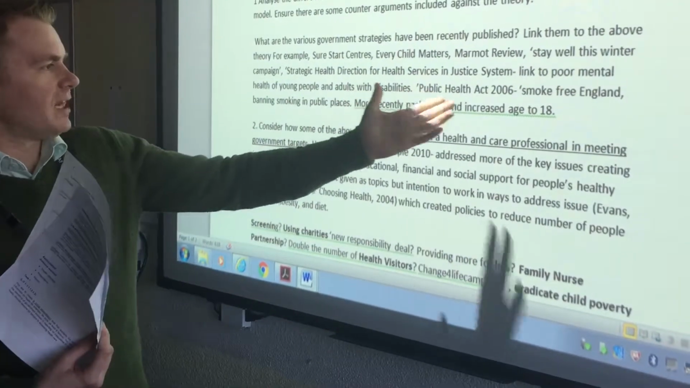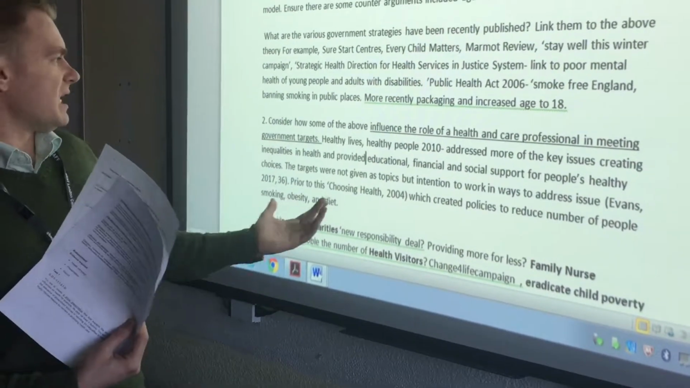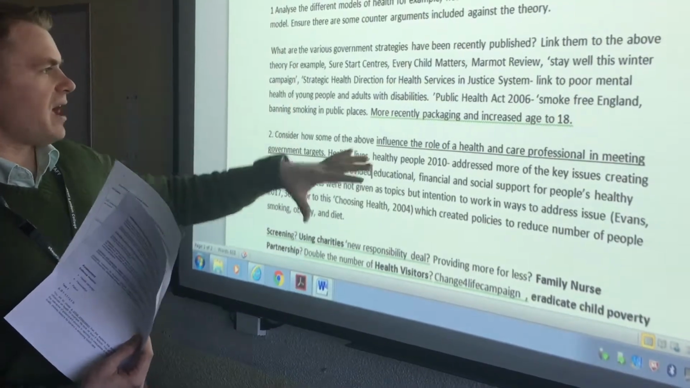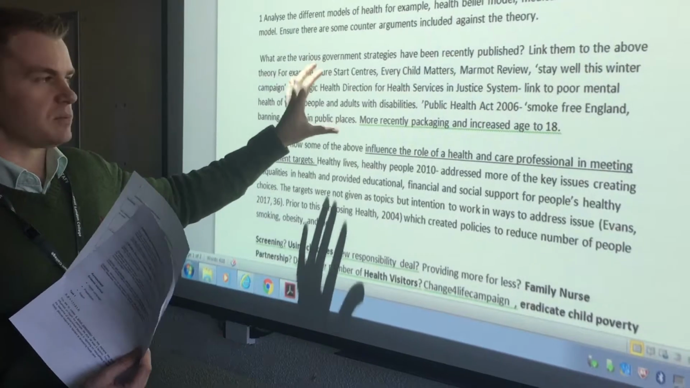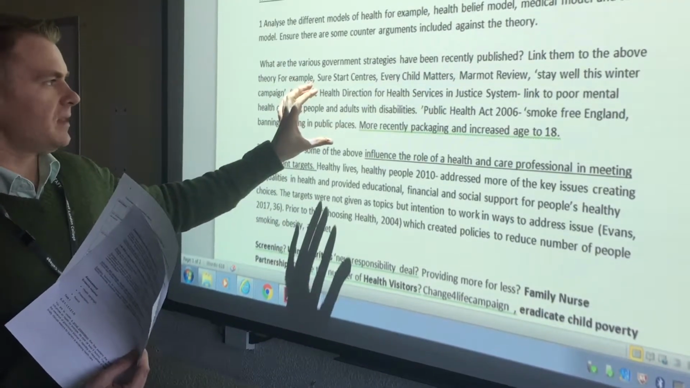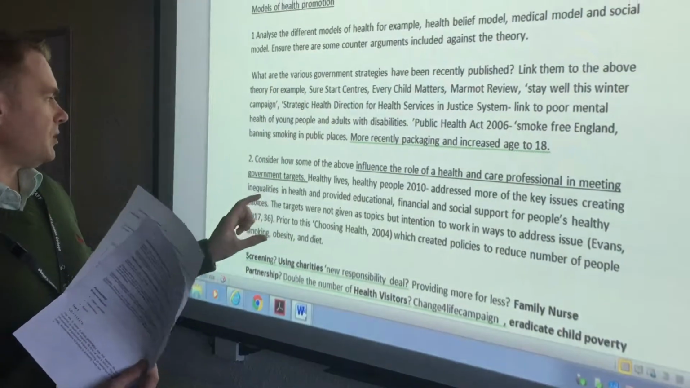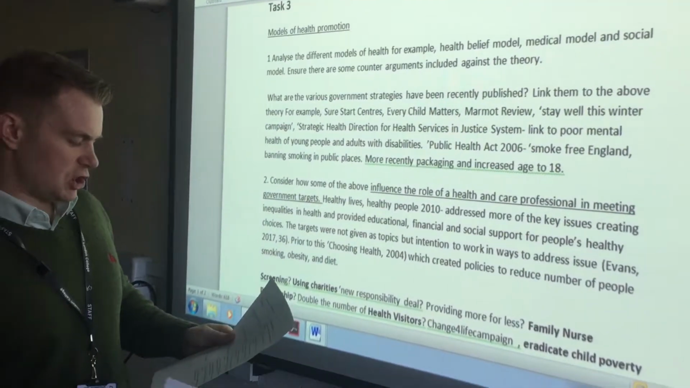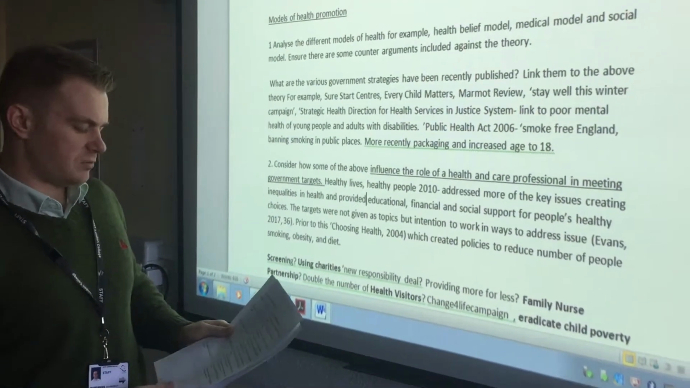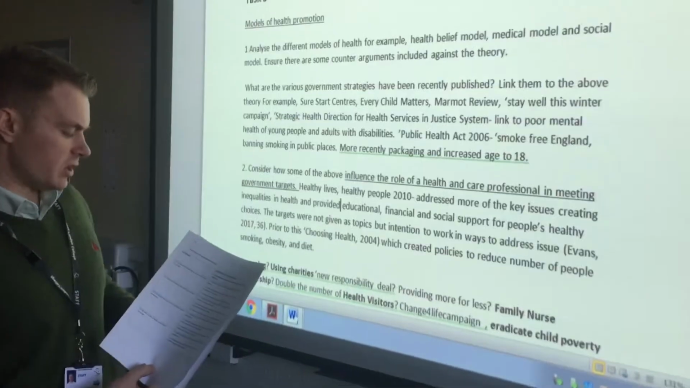We've got the Public Health Act 2006, Smoke Free England. So there are lots of different strategies there, so please be mindful of them and try to incorporate them, linking to the model. In addition to 2.2, you've got to explain the role of professionals in meeting government targets